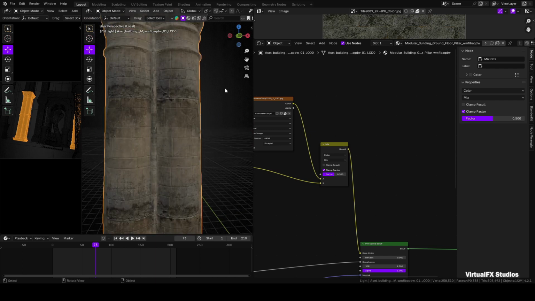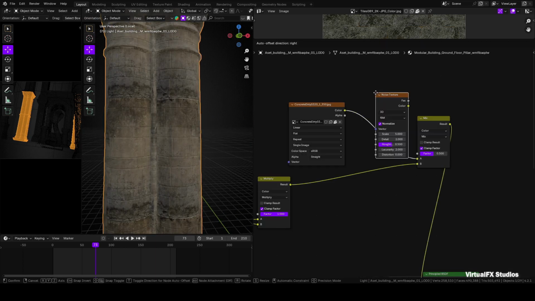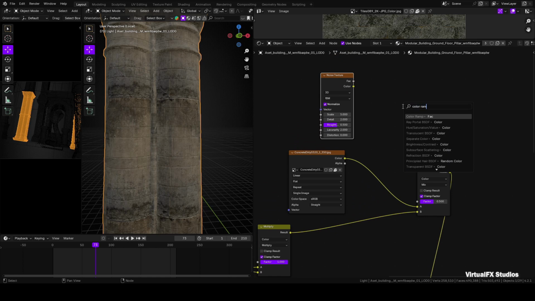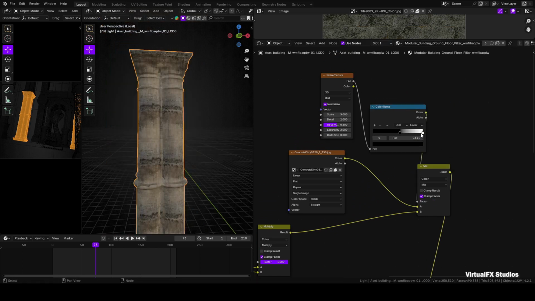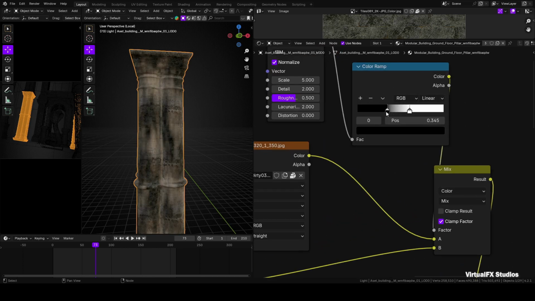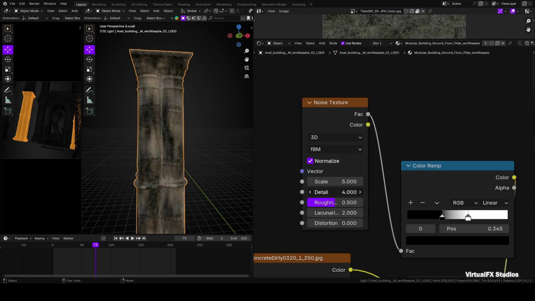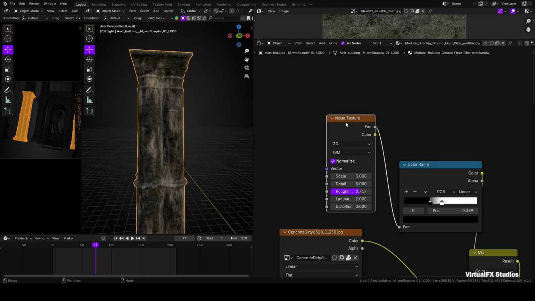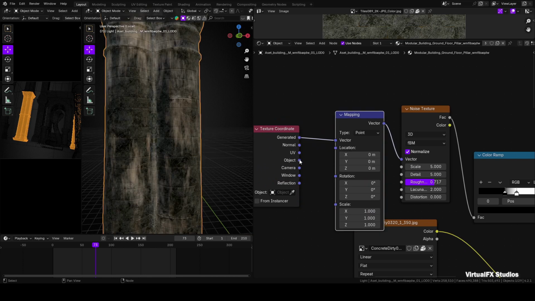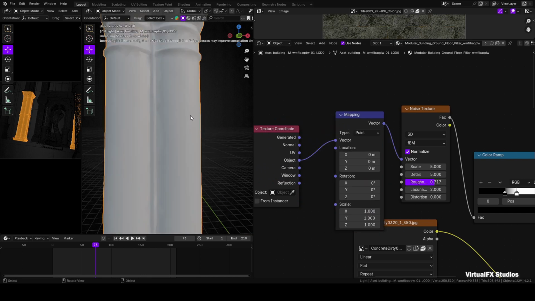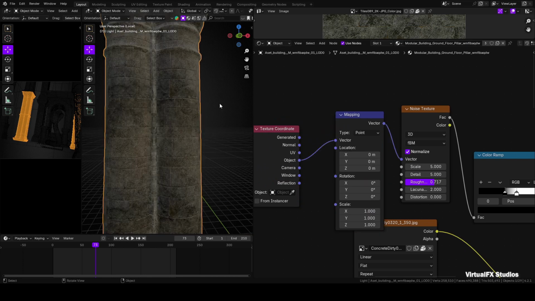To blend them properly, you need to add a noise texture node and then add a color ramp node. Connect it to the factor of the mix color node. You can move the arrows a bit to see how both textures are visible together but not looking good, and they are stretching as well. Check the values of the noise texture and adjust them according to your needs. Then press Ctrl+T on the noise texture to add mapping nodes. Connect the object to the vector of the mapping node instead of generated coordinate to solve the stretching problem.